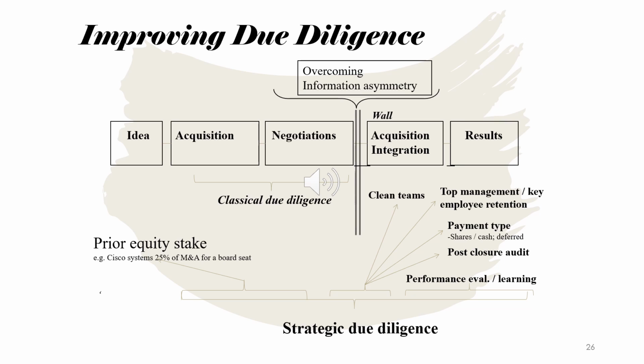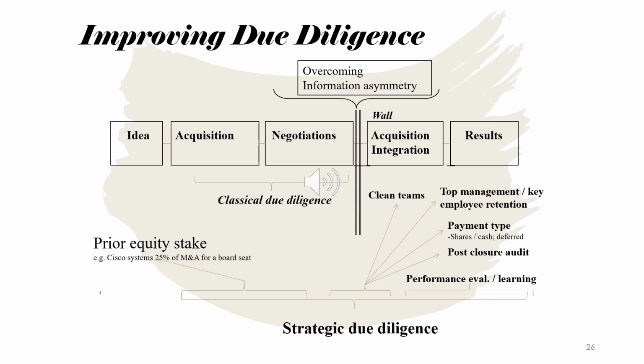However, with cash, the danger is they will simply take the money and run. So here then you can actually defer the cash payment, as I discussed earlier. And then finally, you can also do a post-closure audit, which basically says that once you've bought the company, you engage in a due diligence audit afterwards to find out what you actually bought. Whilst this takes time and effort, at least you know the problems early on rather than waiting for problems to emerge. As I said, there'll always be something that hasn't been revealed or discovered.